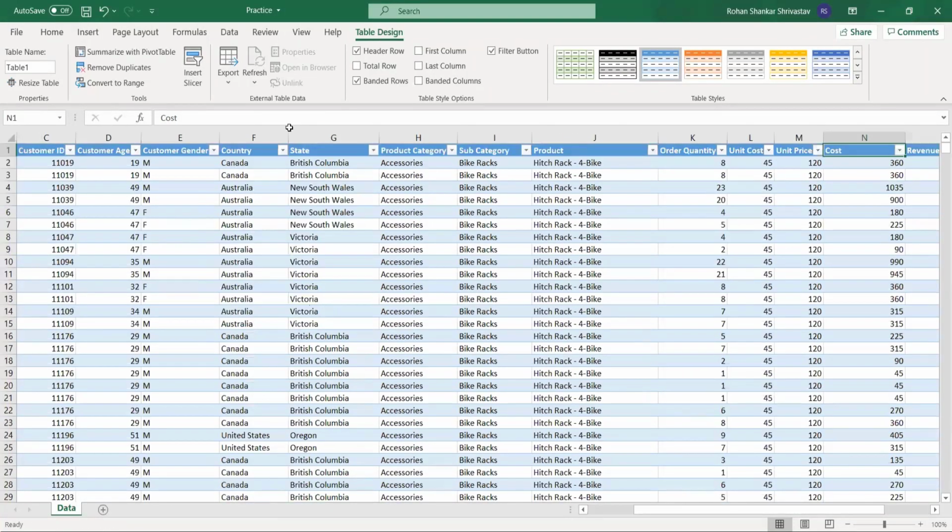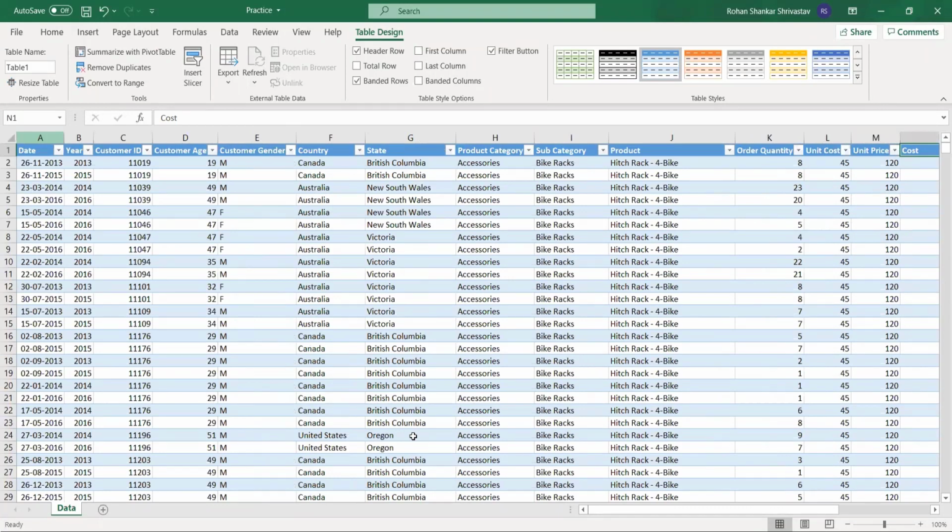Coming back, so once you go to the table design and you have converted this into an Excel table, there is a place called table name. Now it's named Table1. You can change it to something else. Let's call it my data. The reason I'm doing this is because, and it's not case sensitive, whatever you write, just remember the name. You don't have to remember what were the capital and the small parts. So I'm changing the name of this data. What this will help us is in referencing this table later when we are going to create our analysis.